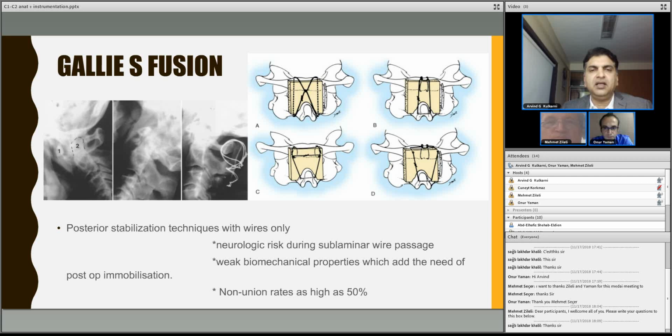So the principle here is to put a piece of bone graft between the C1 posterior arch and the C2